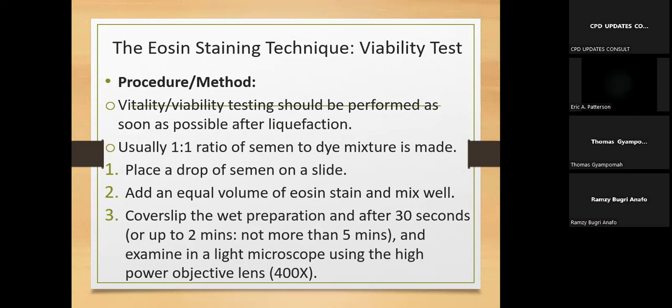Remember, we said that eosin is not a supravital stain, take note. We're talking about supravital stains like brilliant cresyl blue, that's what is used in, what do you call it, hematology for reticulocyte stain. You know that is a supravital stain. They're able to force themselves into a living cell. All right. So